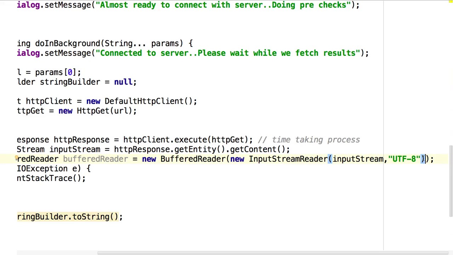Chances are there that the big chunk of data, the JSON which is coming here, which is a very big string, may contain more than 2 MB of data, or maybe more than that. In such a case, there is no way Android can work. So I can have the buffer reader size fixed to